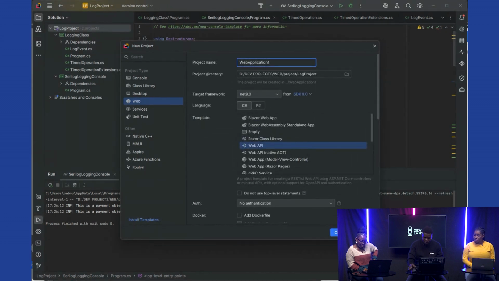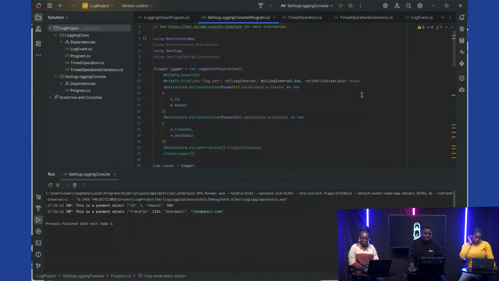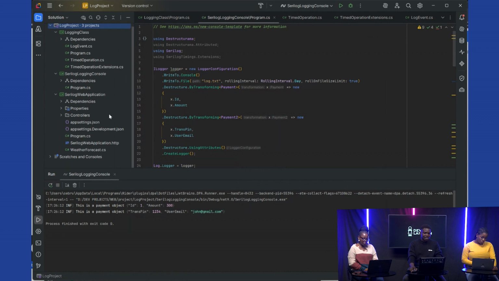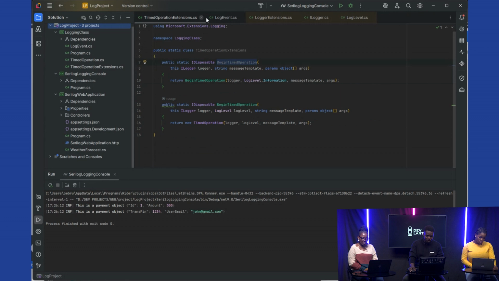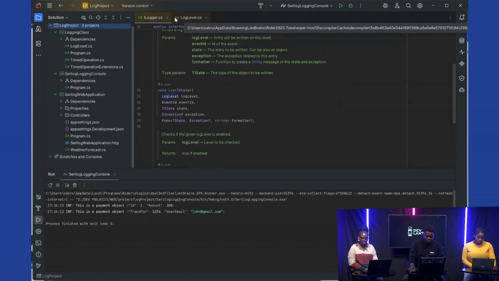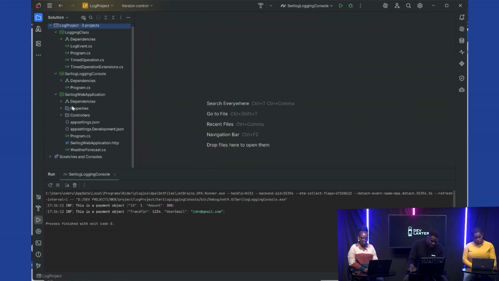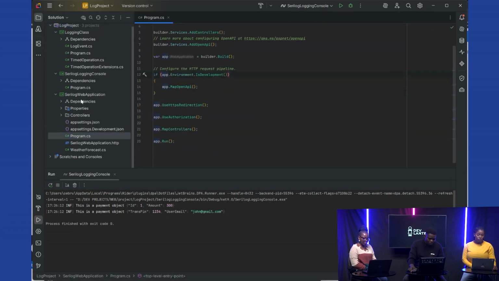Okay, all I just need to do was the name. What name did I give it? Let me just give it Serilog web application. And you just do this and it's added. So with this, let me show you something. Now, let me close all of this. Now, you may say that you will come here. If I run this application now, you will see that logs are,